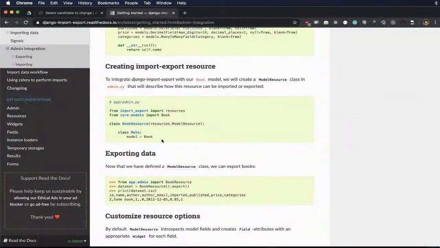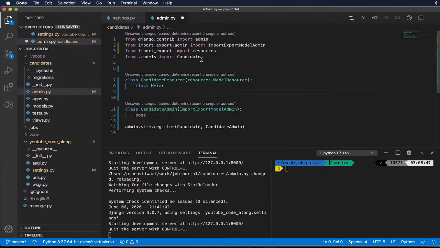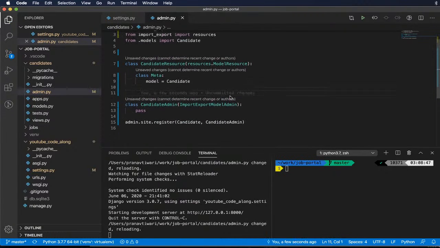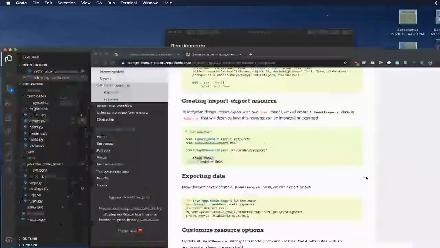Okay, what else do we need to define? We need to specify our model in the Meta class, which is Candidate. Okay, now that is done, and in our custom admin class, we'll use this particular class which we just built as the resource class, and that is it. Now if we go back to our admin panel,